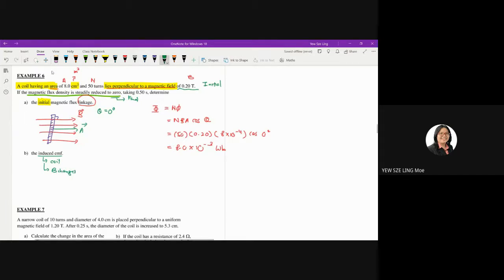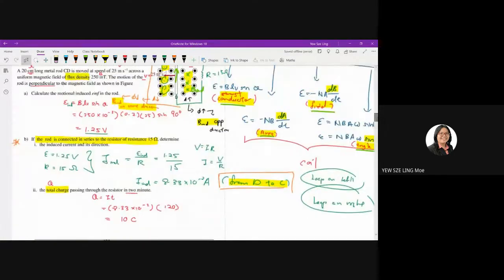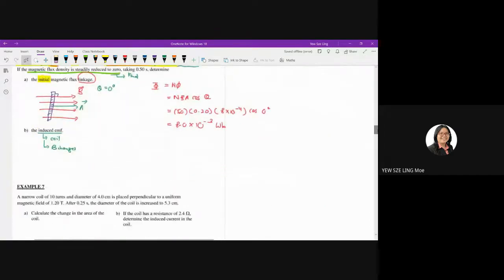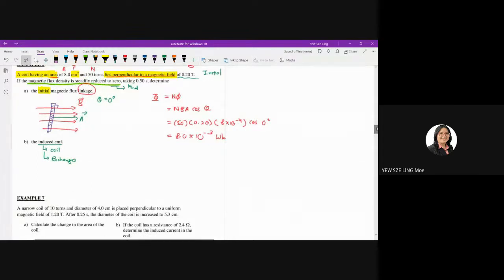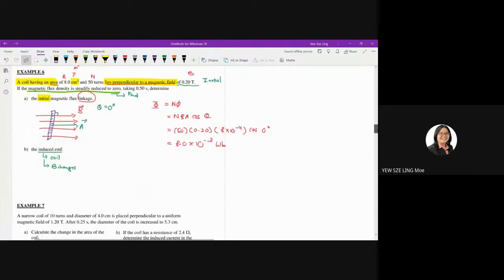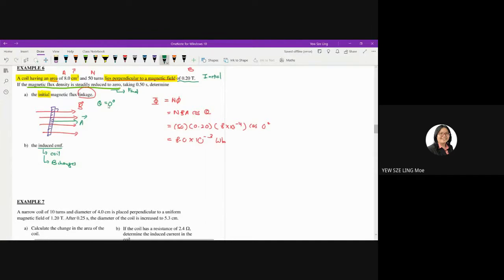Coil and B changes. Obviously, the equation that we're going to use is this one. Because now you have a coil with a few changes. So that is what I told you just now. Once you're able to identify the object and what happens to the object, then you should be able to select the right equations. Once you know what happens, you're looking at a coil, and what happens to the coil? B changes. Therefore, the equation that we're going to use is